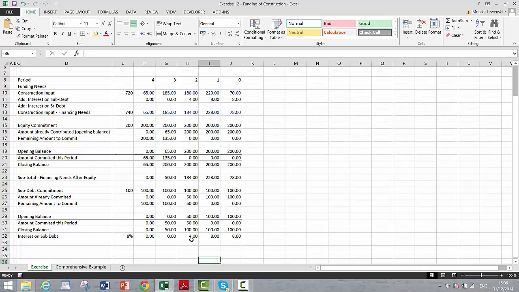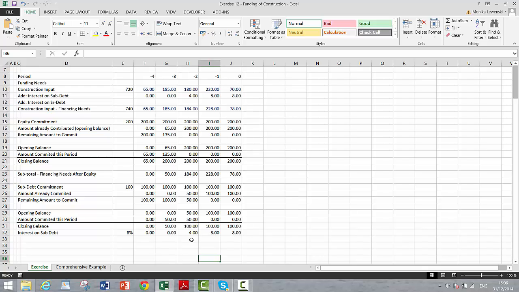Okay, and then now we'll make another subtotal, and we'll call this one, let's make another subtotal, and this is going to be financing needs after